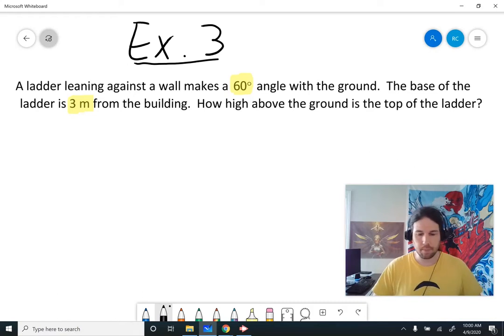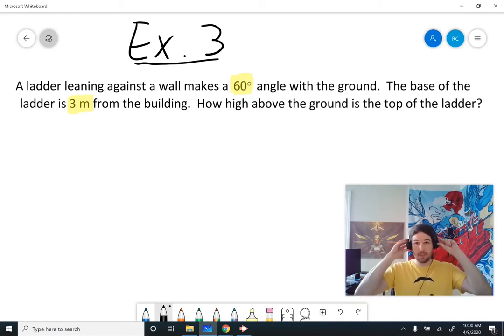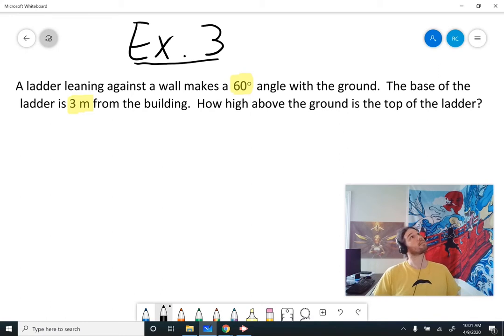So, as usual, I'm going to give you a couple of seconds. I'd really, really love it if you would pause the video and give this a shot on your own. Notice that this one does not give you a diagram. You'll have to make your own. Ready, set, go. Okay,